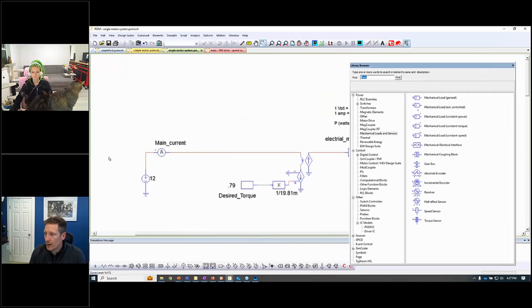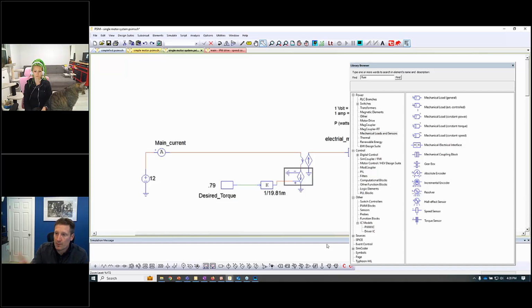And over on this side, this is the electrical side, so I'm applying 12 volts. The battery pack for FIRST is 12 volts, so that's why this is 12. And then what I've done here is I've set up a desired torque amount. I'm dividing it by the torque constant to get the current that will pull. So this source down the bottom here is a current source, and this is being controlled by a signal. So I'm asking for